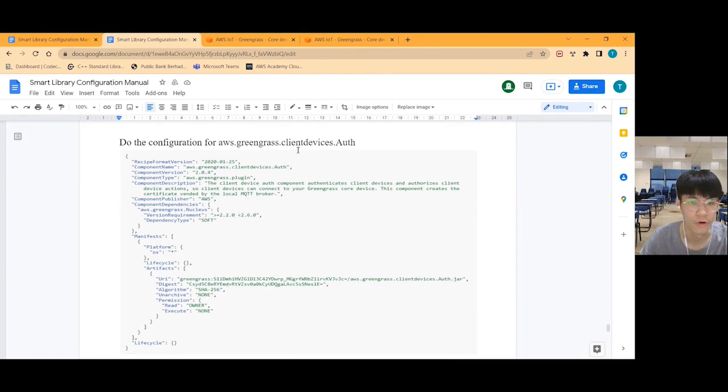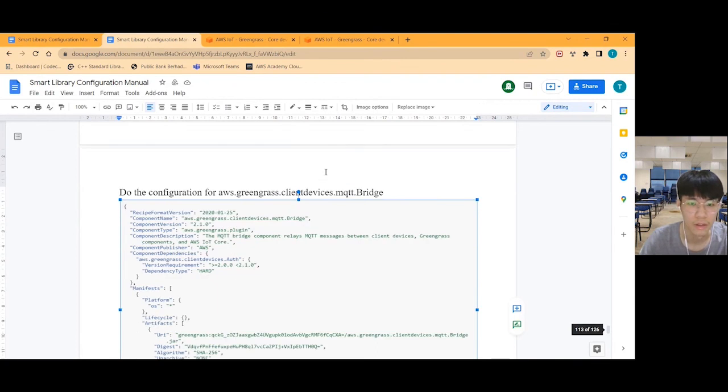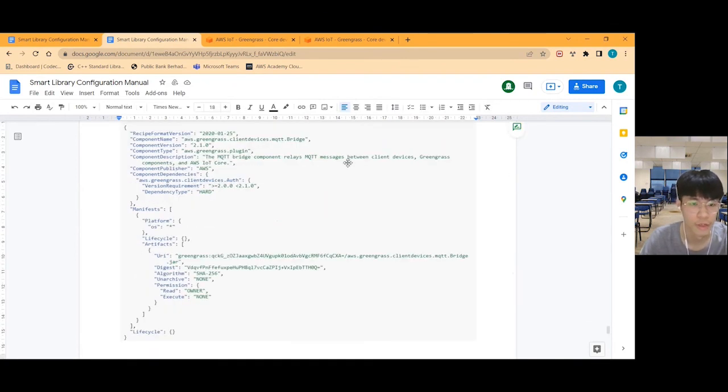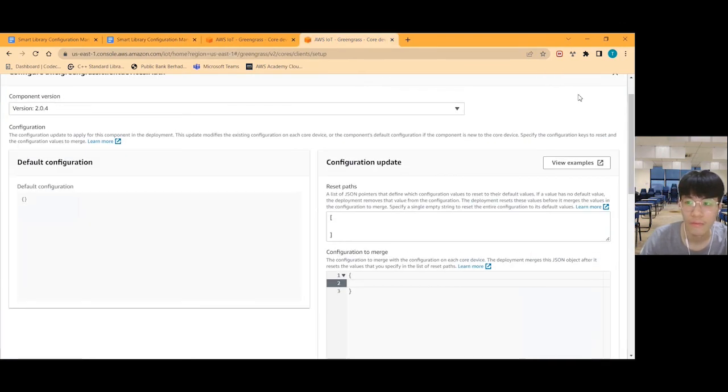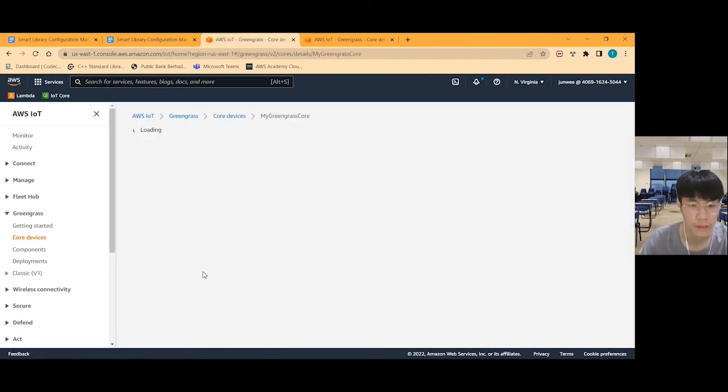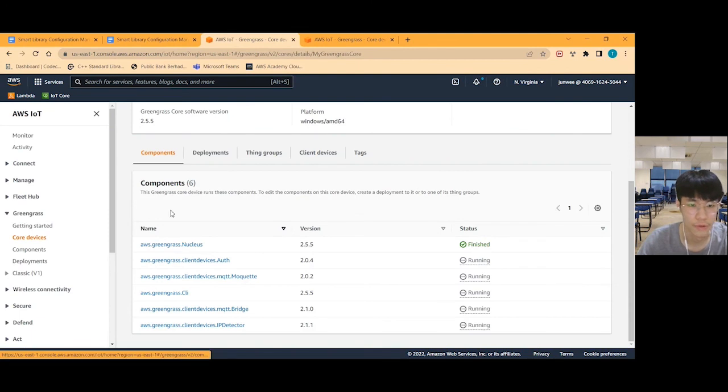This is the code for Greengrass client device authentication. And here is the code for Greengrass client device MQTT bridge. After done, you can review and deploy. And you shall see the components that we created here.